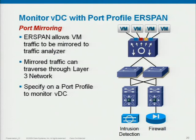Because now you have this multi-tenant environment with lots of VMs, right? That's what we're trying to achieve: a higher level of efficiency by having all these multi-tenant virtual machines on a single set of common physical infrastructure. But if one of those VDCs goes wrong, and invariably they do, how do you know? How do you make sure that in all these multi-tenant environments, you're able to filter out just the one particular VDC and figure out what's going on with that, without exposing all the traffic for all the other VDCs